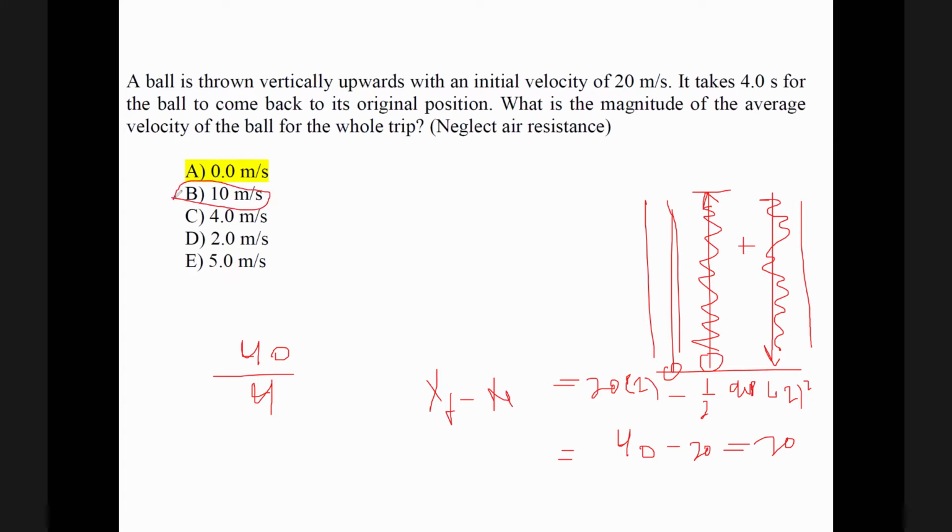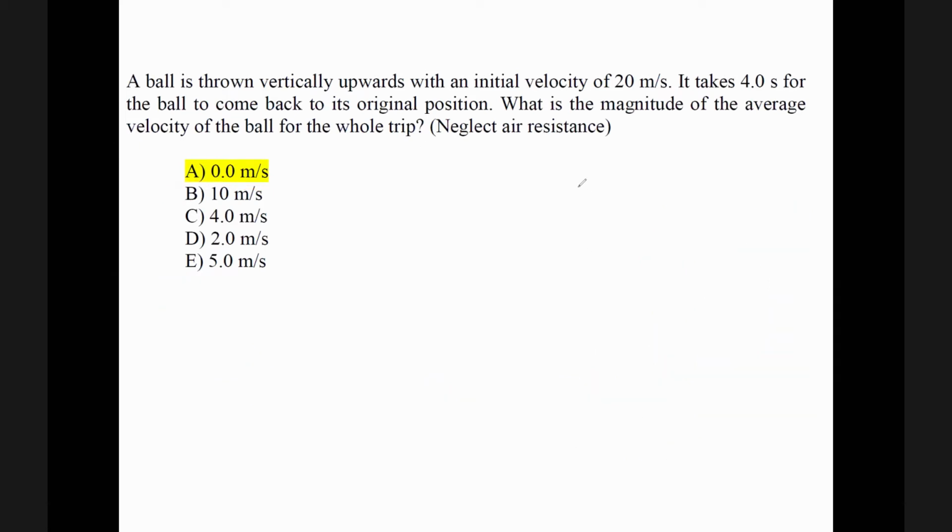See, they put this answer to confuse you. Because this is a trick. He gave you the answer. If someone attempted and doesn't understand the difference between average velocity and average speed, he will make a colossal mistake. You need to understand that average velocity depends on displacement. Average speed depends on actual distance crossed. And to calculate it in this case, this distance, I needed equations of motion. Good.